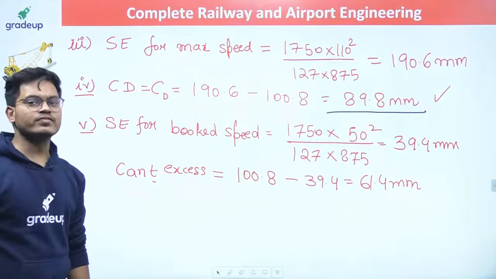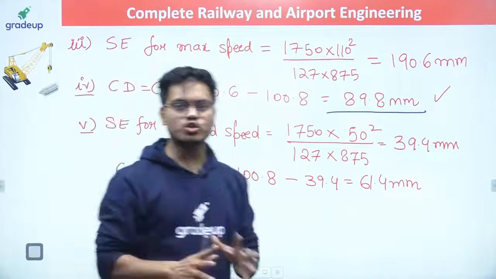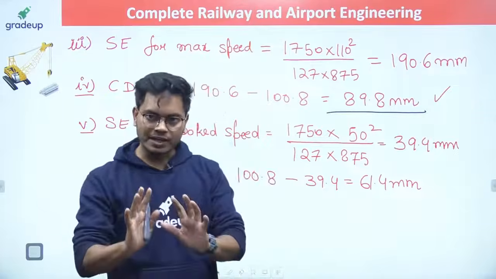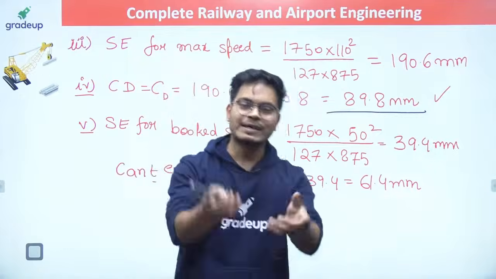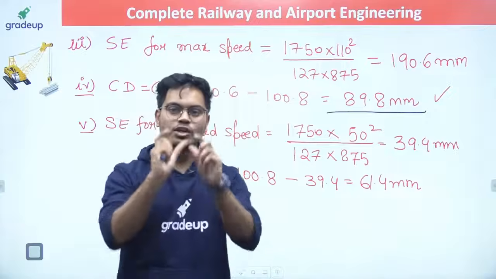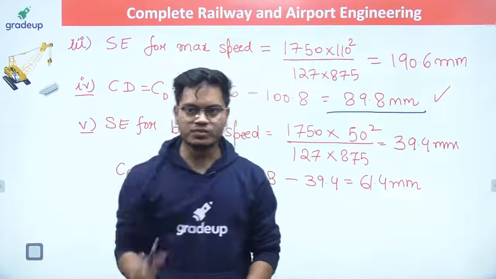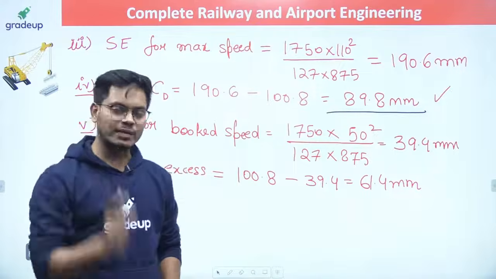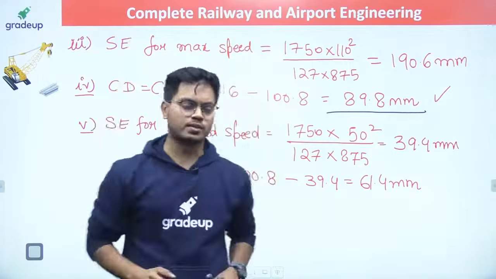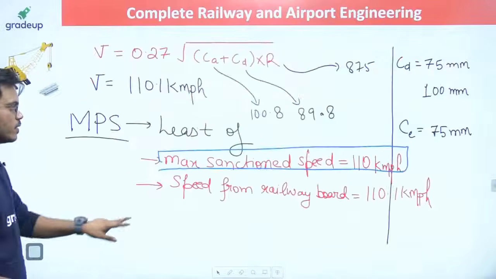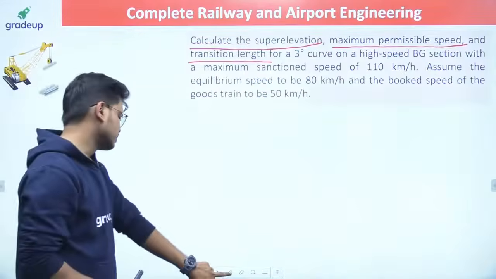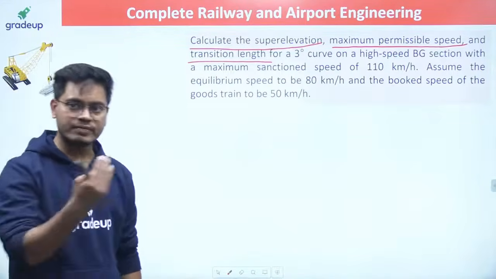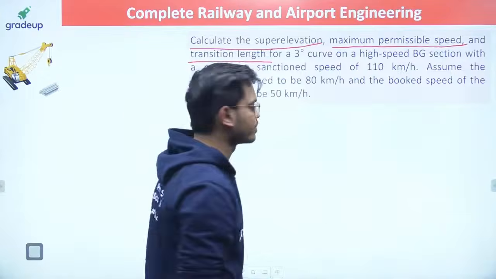G value is 1750. Again and again I'm telling you, those who have joined late, I have already discussed this thing, that we use dynamic gauge, not the track gauge. The gauge which you are telling me, 1676, that is the track gauge, but we use dynamic gauge which is from center to center. This is the slight drawback of joining late, because I have discussed these things already in the same session, right?